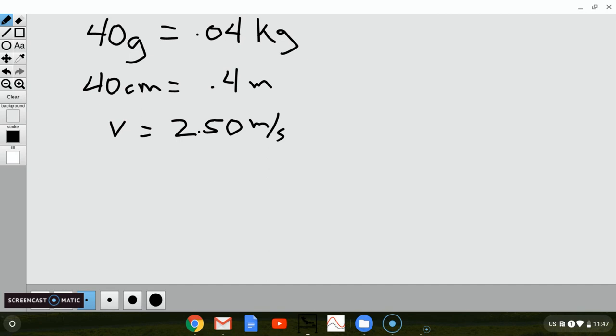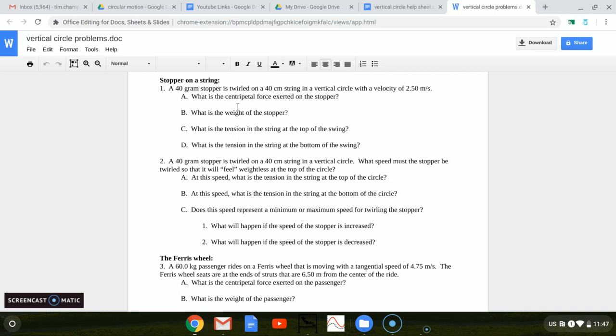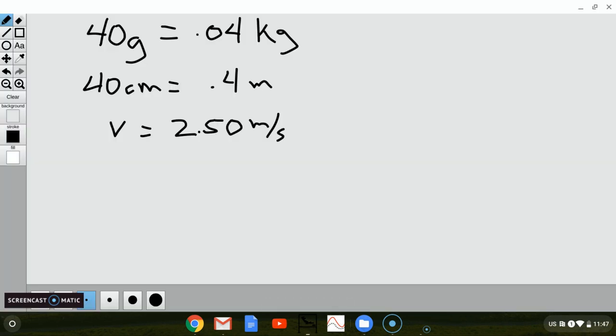So the first thing they want us to do, and we'll just go back and look at it real quick, is they want to know the centripetal force and the weight of the stopper. So we don't even need to draw a free body diagram for these. So let's just jump into it. The centripetal force is just the mass times the centripetal acceleration. Well, in this case, that's just mass times v squared over r. So if we just punch that in, we got